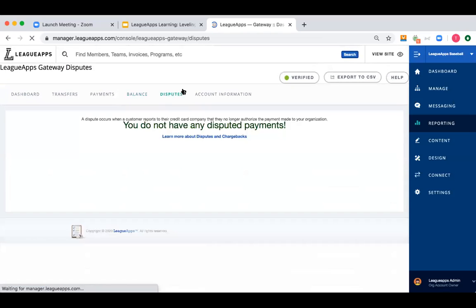Disputes. We never like to see disputes, but if disputes come in, someone disputes a charge, this is definitely relevant during this crazy time in our world. There's a place here where it's going to ask you to submit evidence. You could submit evidence through LeagueApps. It's going to go to the bank who decides the outcome, but we could advise you on some good evidence to submit, give you some best practices there, and you can handle that all through our platform. So you don't have to go back and forth between a third party. Everything's here, which is a great value and benefit of being on LeagueApps Gateway.